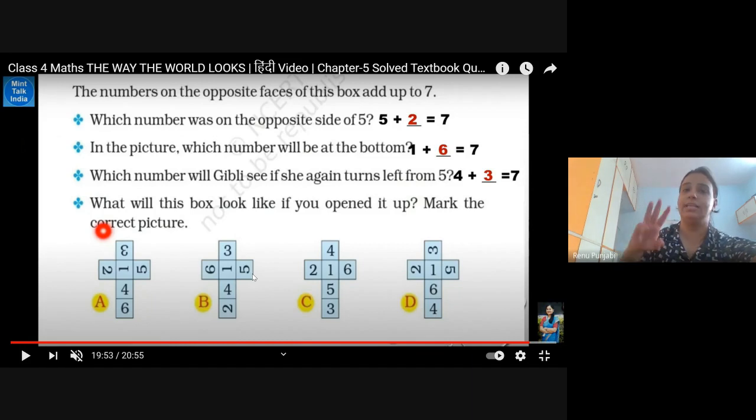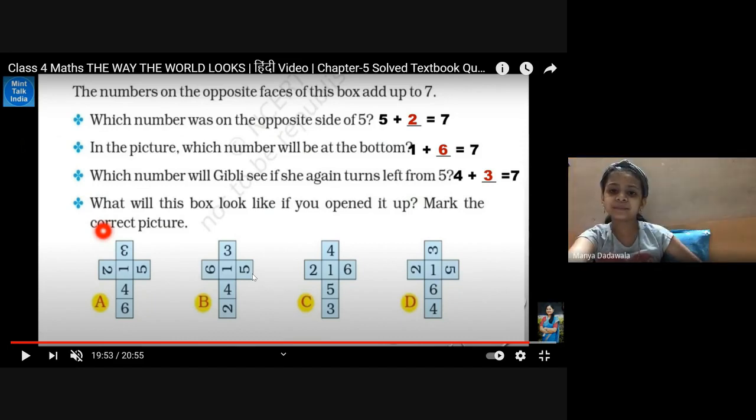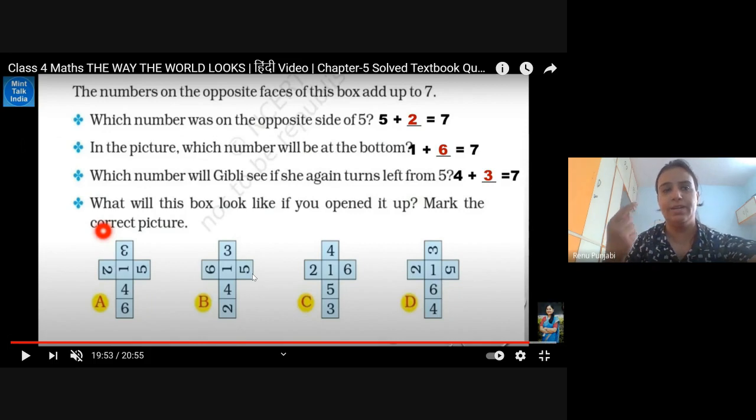All the groups, there are 6 faces, so 3 groups, right? Yes, ma'am. 6 faces, 3 groups, because when we take opposite sides, it is one group. So even if one group is right and the 2 are wrong, then we say the complete entire net is wrong. You cannot say that one group is right so the net is right. No, the net is wrong, because 4 plus 3 is 7, but 2 plus 1 is not 7, 5 plus 6 is not 7, so we can say the entire net is wrong.